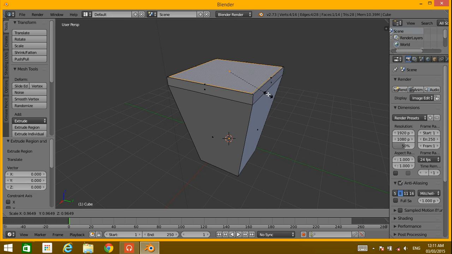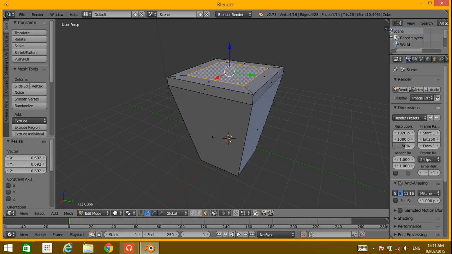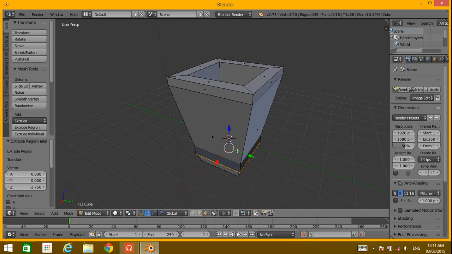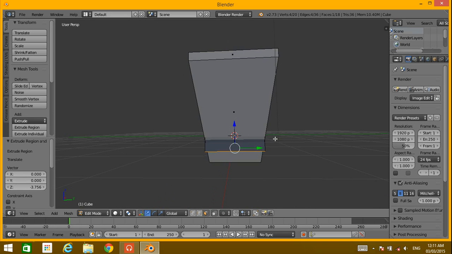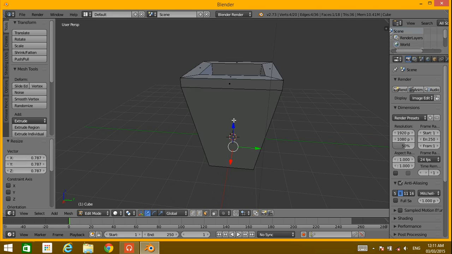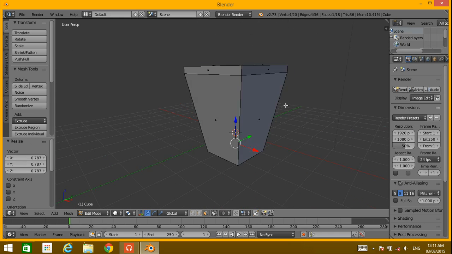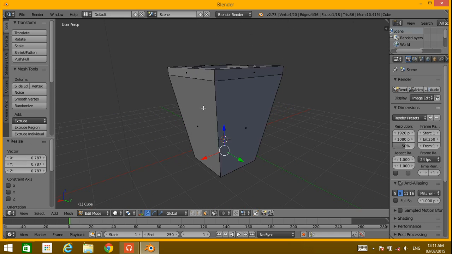Press S and scale it down a little bit, and again press E and extrude backward. Alright, and press S and scale it down a little bit. So here is our basic glass shape.